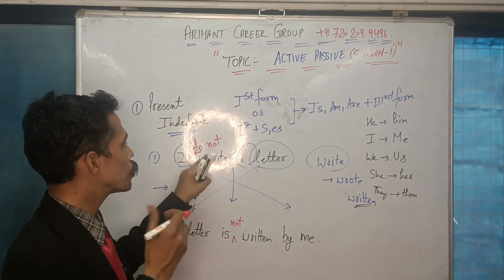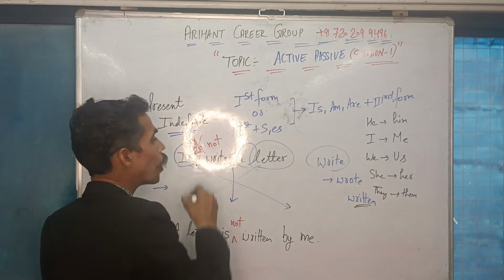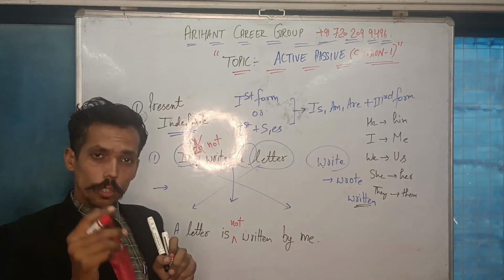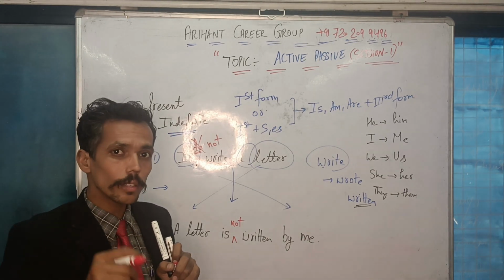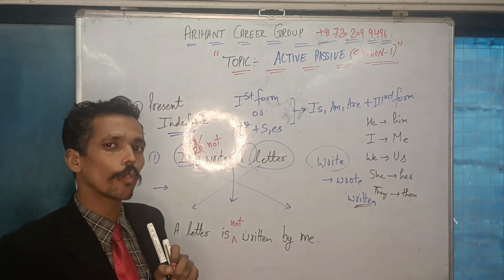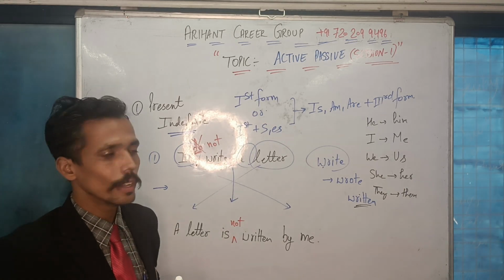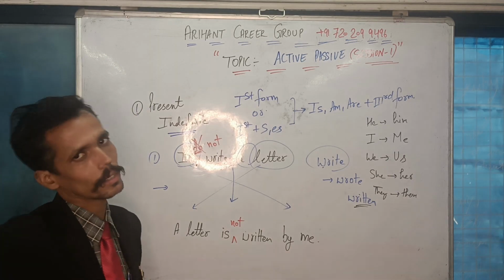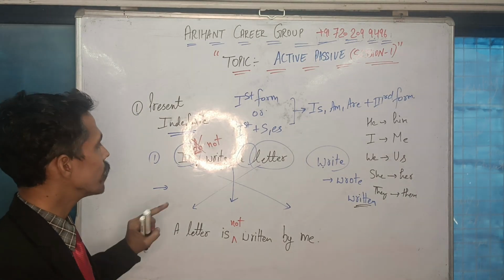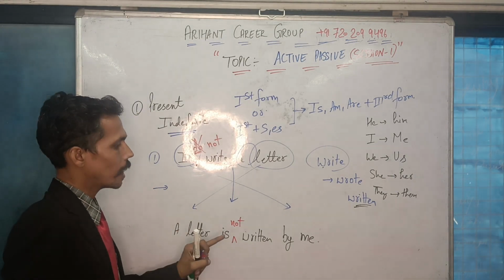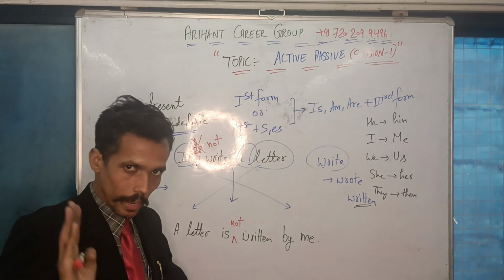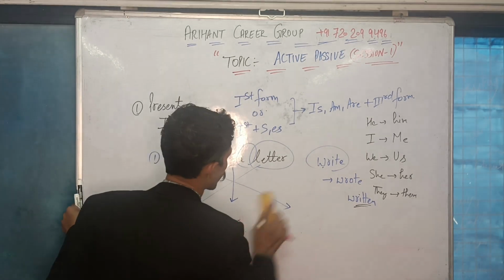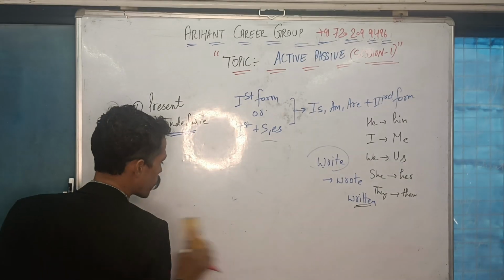Now the question is, where is do? Do will not come into the answer. Why? Because just because of do, I have come to know which rule is applicable here. There is another verb which is the main verb, that is write, wrote, written. So I'm using the third form, that is written. So the question is: I do not write a letter. The answer is: A letter is not written by me. Is it clear?